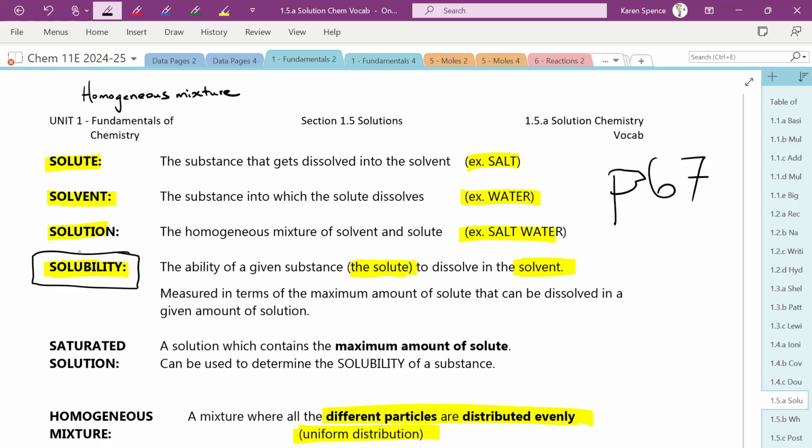So solubility is the ability to dissolve. Did anyone try putting salt in oil yesterday? No one went home? Yeah? Did it work? It dissolved? Oh, it didn't dissolve. You saw that it didn't dissolve. Okay, so some things will dissolve in one type of solvent and other things will dissolve in a different